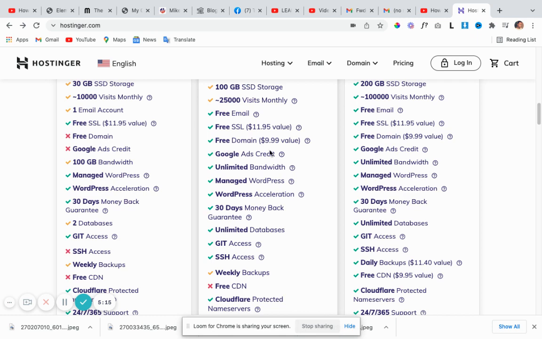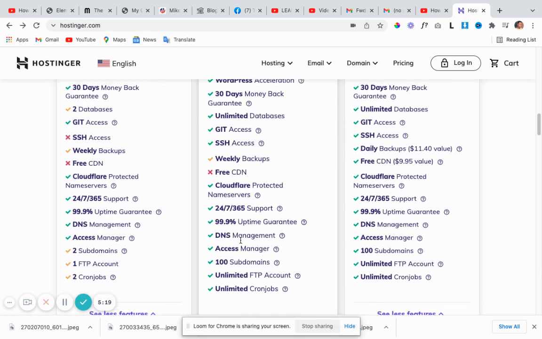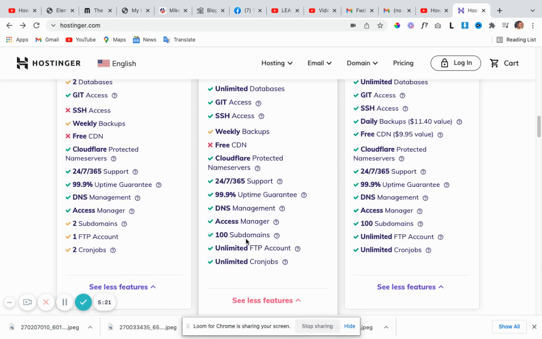Now you see here free domain, Google Ads credit, and so on. Then let's go down. You see up to 100 subdomains. You can design up to 100 websites, sub websites. That's using subdomains. Like, let me say, for example, you have a website, you're hosting a website known as